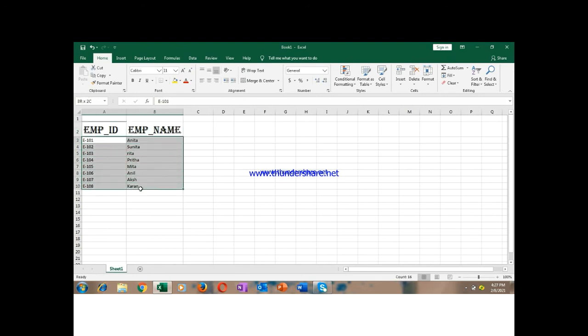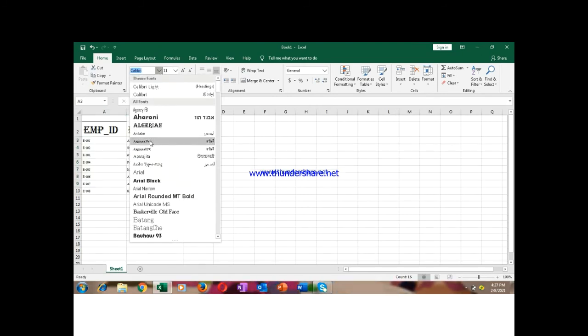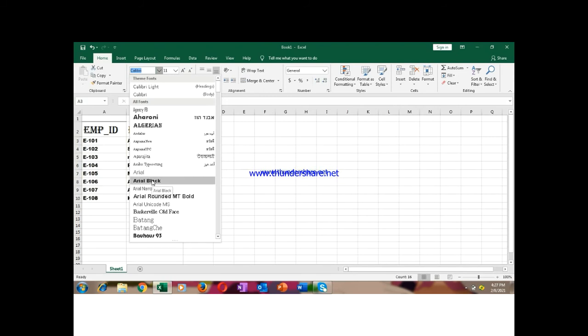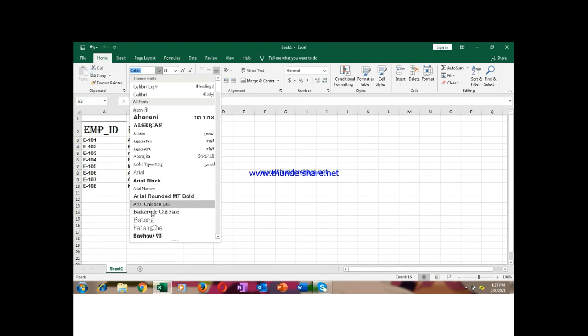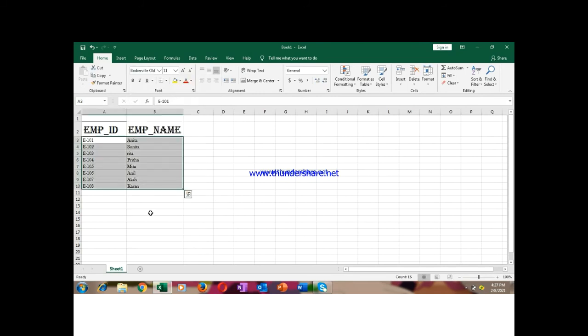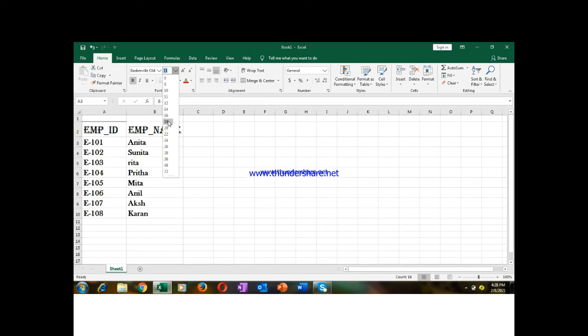Now we have to take this whole, first we have to change this one. So take this much, select it, whatever you want to change, just select it, go here, and whatever type of font you want you can take. Suppose I am taking this one and I need it to be bold, and the size should be increased to 18, suppose. See, now all these changes I am doing. I have already selected this one and now I am doing the changes.